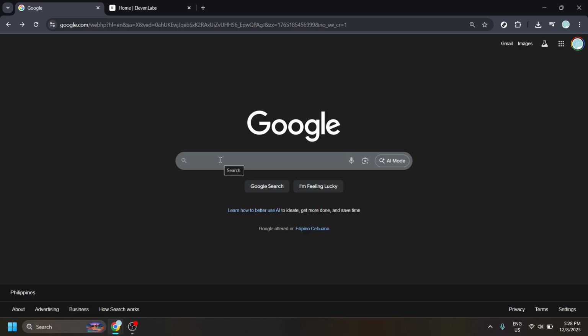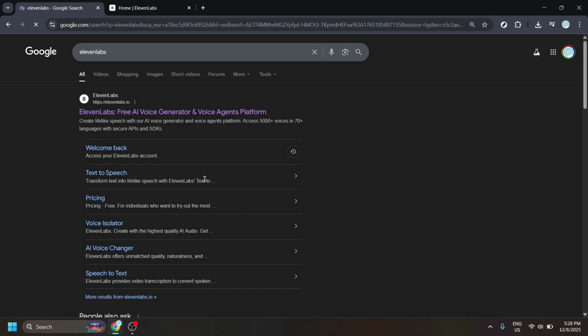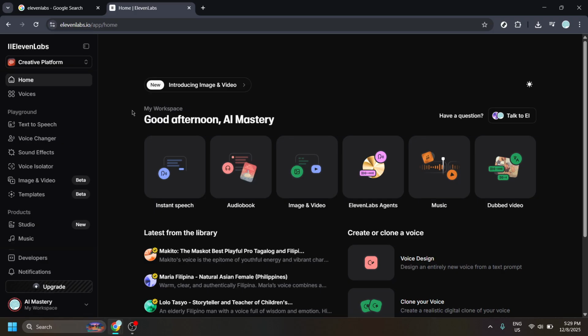In the Google search bar, type ElevenLabs and press enter. You should see the official site appear near the top of the results. Look for the listing that clearly references ElevenLabs and their platform, then click it to open the site. Once the ElevenLabs site loads, you'll be taken to the app interface. For these steps, it helps if you're already signed into your account, since the language setting is inside your profile